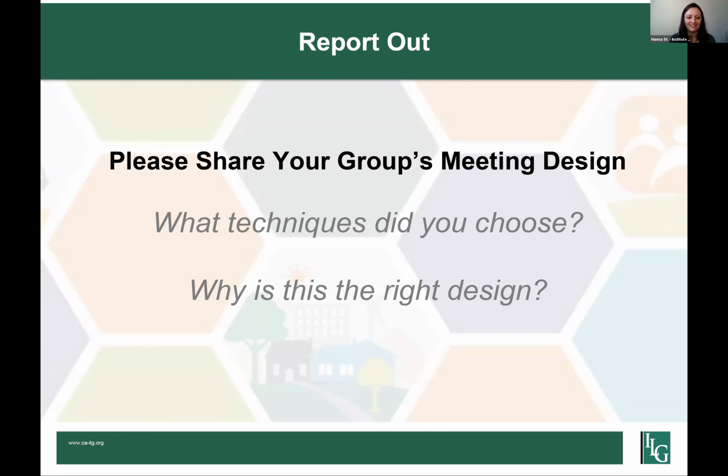Okay, last but not least, we have Julia's group. Michael is presenting for us, so I'll kick it over to him. Thank you, Michael. Yeah, so just as a quick recap, to build on what Alex said, the key component of the project is to identify opportunities for multifamily housing within single-family zoning citywide that is within transit priority areas.